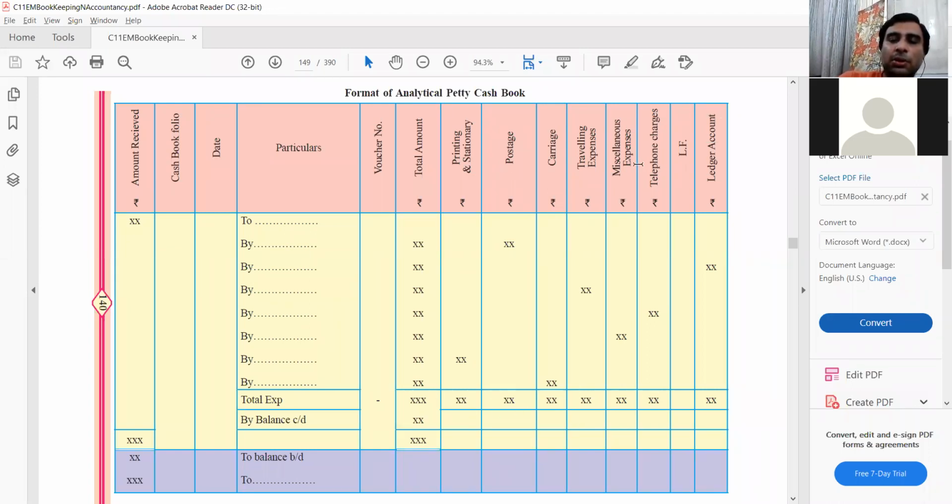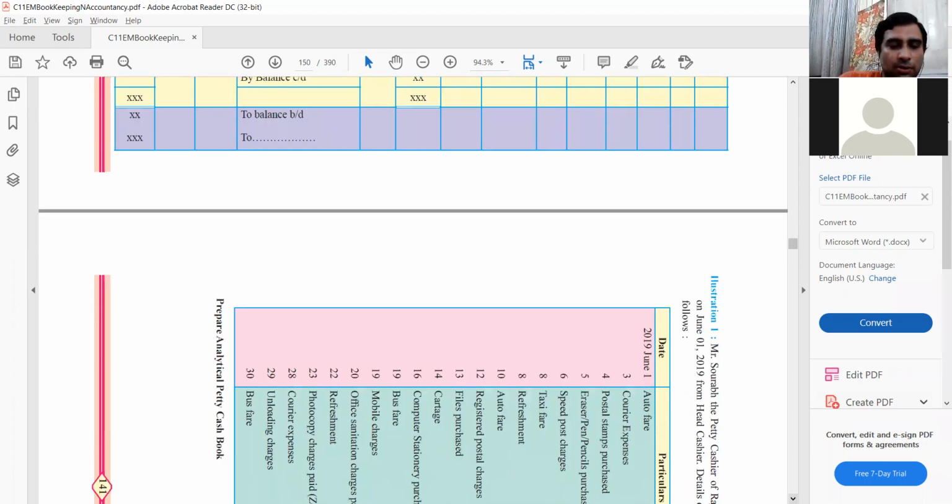Now, when you put an expense which is not falling in these 6 categories, it is a 7th or an 8th type of expense. You can't go on making new columns endlessly, right? So you will then put that in the ledger account. Ledger account means whatever name you put over here. For these, it becomes this ledger account, which is mentioned in this column. Okay. So now we'll take a solved example.